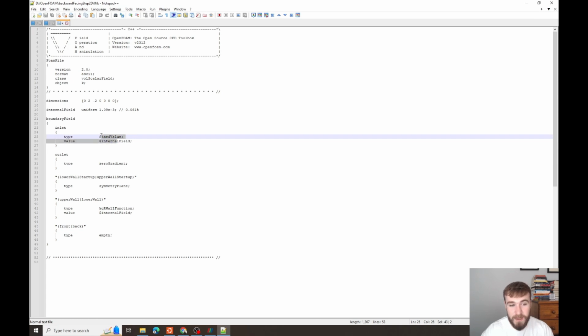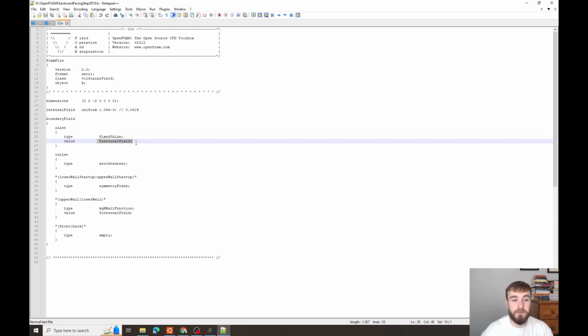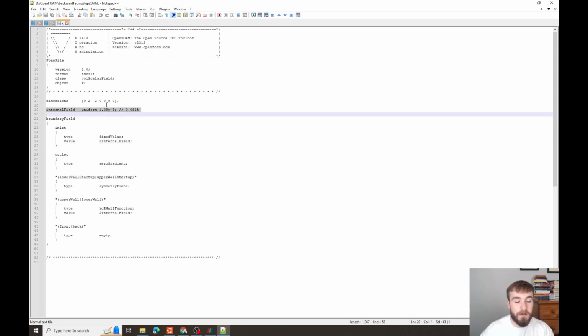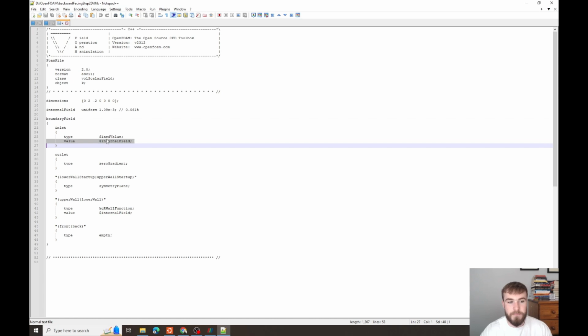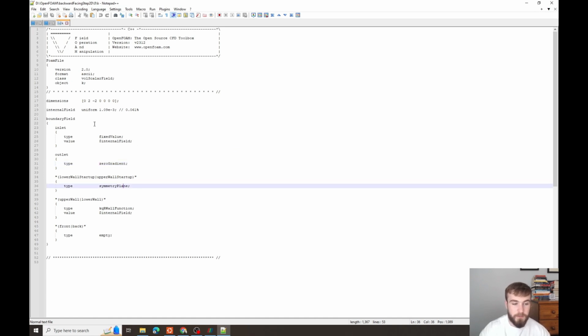the kinetic energy at the inlet is a fixed value, and the value is calculated from the internal velocity field here. So really the only value we're actually putting in here is a fixed turbulent intensity to initialize the simulation. This doesn't really matter too much because it might just affect your convergence, because the turbulent kinetic energy is going to be computed from the internal field anyway, after a few iterations. Outlet 0 gradient, symmetry again at the symmetry condition, and then at the walls we're